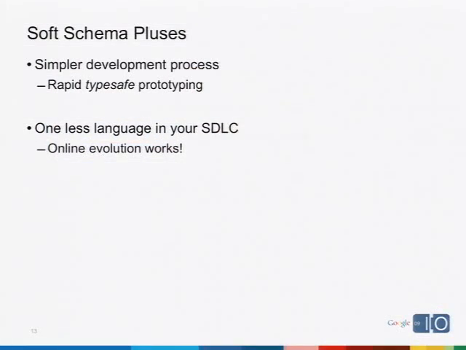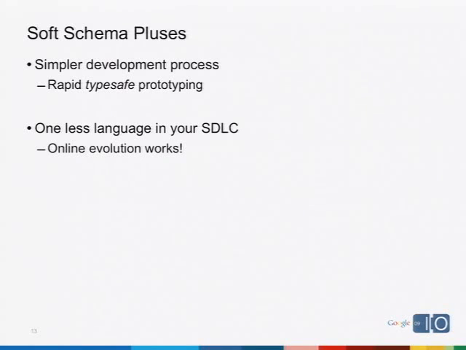So we actually get some nice things out of a soft schema. First and foremost, when you don't have a schema at all, if any of you have worked with the low-level API in the data store, you've probably seen how easy it is to rapidly prototype an application that requires persistence. And that's great. That rapid prototyping is great. But I'm a Java guy, and I love type safety. So I would like to have the ability to do that rapid iteration and that rapid prototyping, but do it in a type-safe way. So having a soft schema where I actually have some structure to my data encoded in the application, that's going to give me that type safety, but still give me the flexibility to do that rapid prototyping.